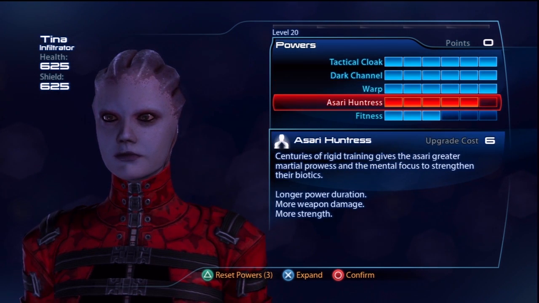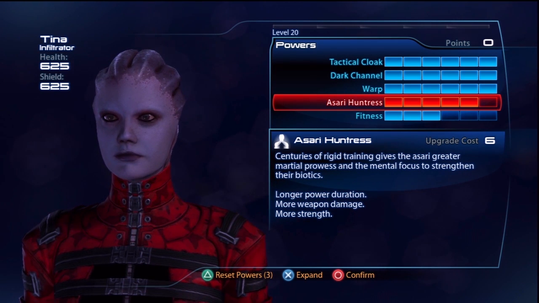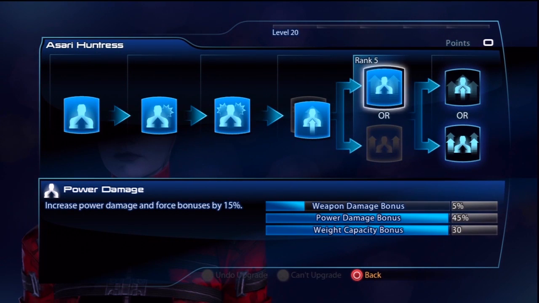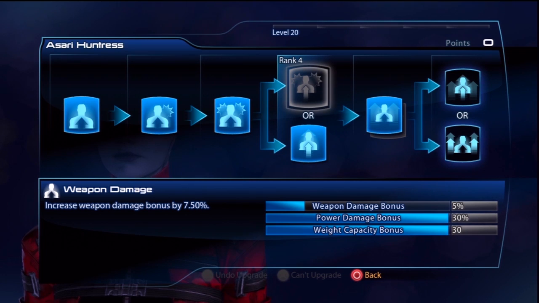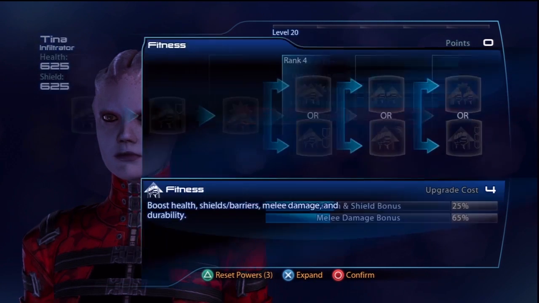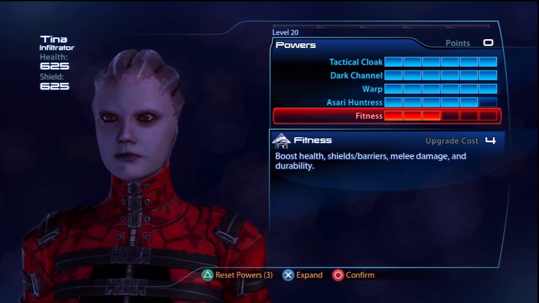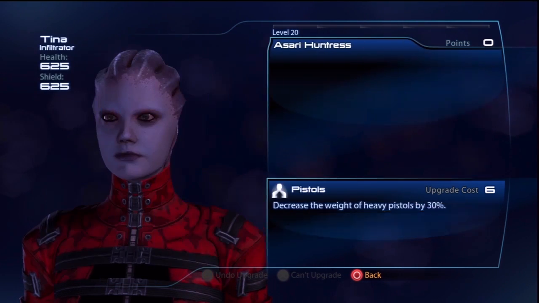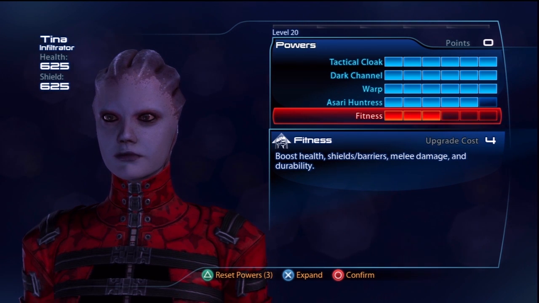As for the passives, these are down to personal preference, but alas we don't have many points left to put into these. With Asari Huntress I went up to rank 5, putting points into power damage over headshot damage and capacity over weapon damage. The rest of the points I put into fitness for a little bit of extra health and shields. You can skip out fitness altogether if you would prefer to max out Asari Huntress, but then you really will have to rely on Tactical Cloak for your protection. With a few points into fitness, I felt I had a little bit more of a safety net when it